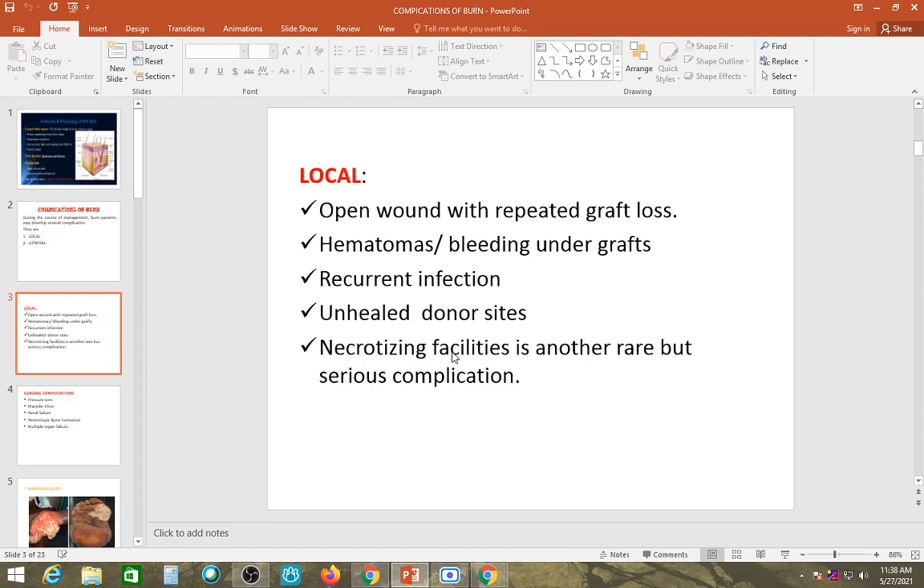We are not mobilizing the patients properly. Then we don't take care, and how to keep those are not maintained. Because of that, hematoma and bleeding under the graft can occur. Then the recurrent infections. Then after the grafting or during the